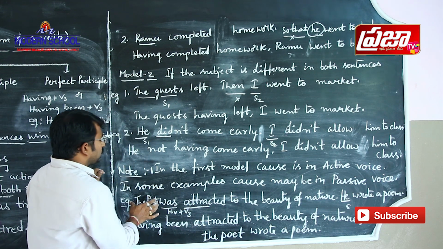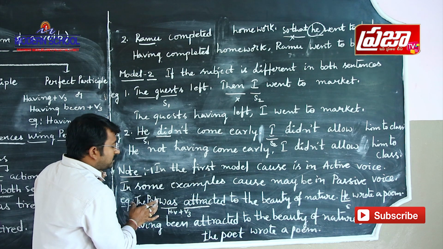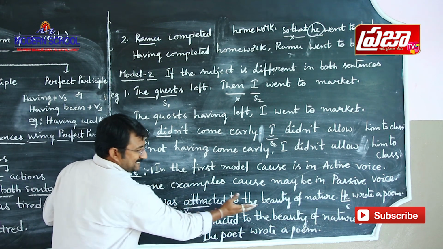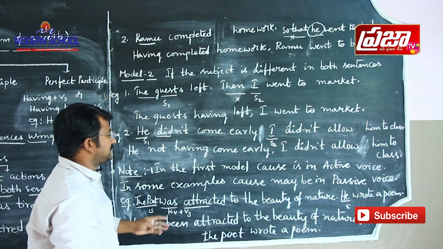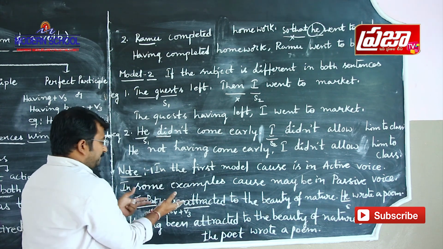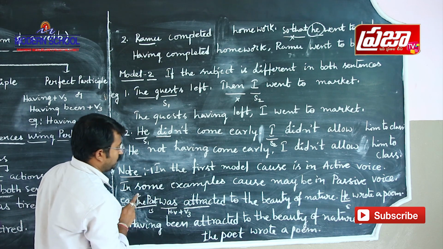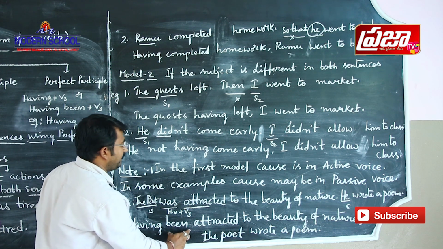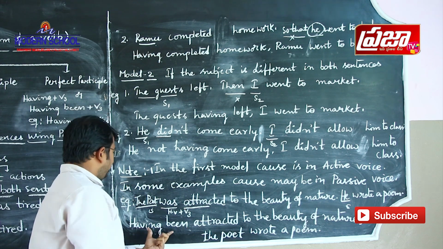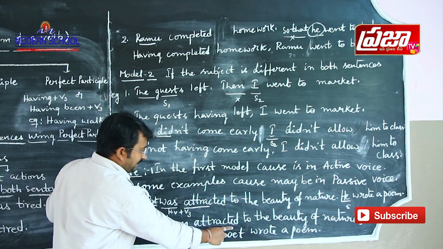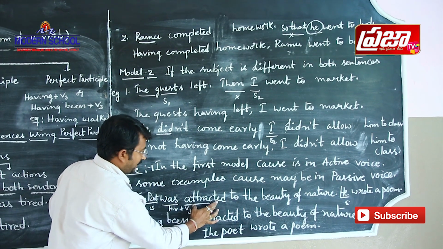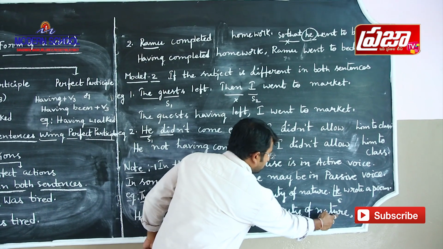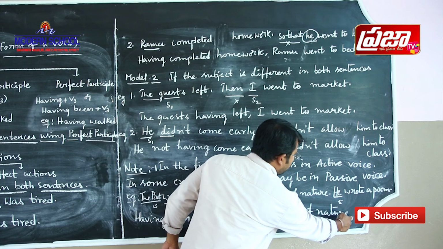Here, the poet is not the doer of an action, but the receiver of an action. So this first sentence is in the passive voice. If it is in the passive voice, what do we have to do? We have to use "having been", the perfect participle, and after that "attracted", the V3 form: having been attracted to the beauty of nature,